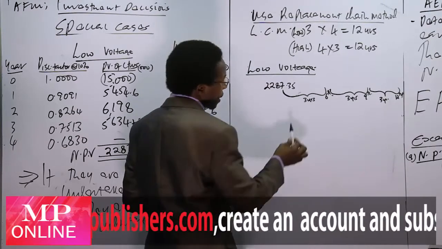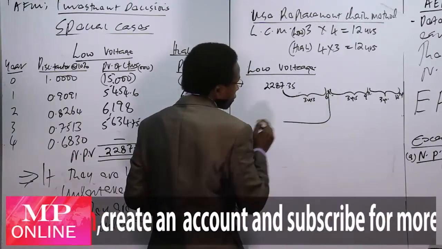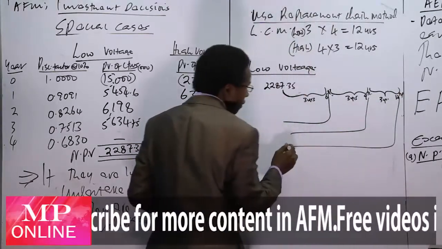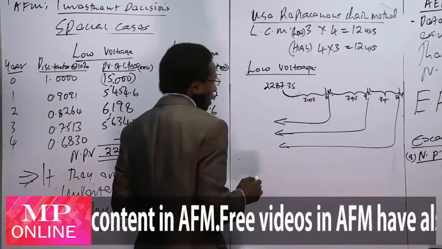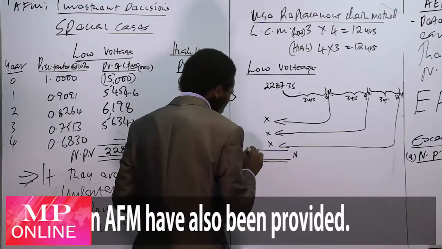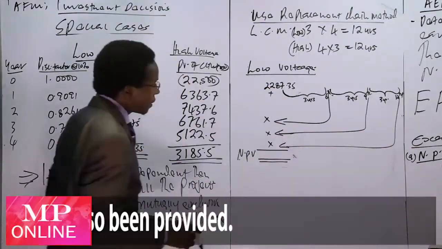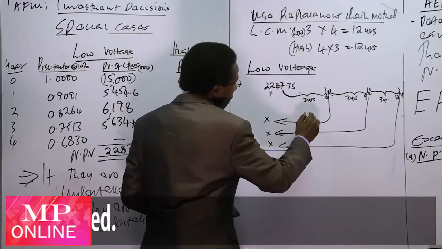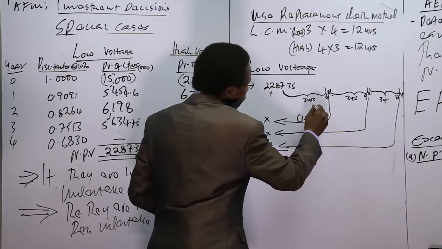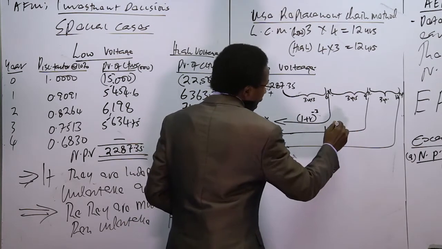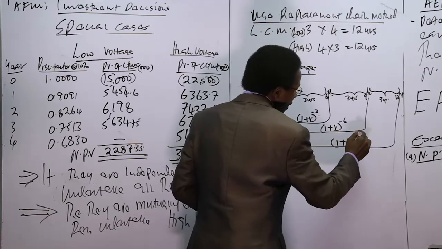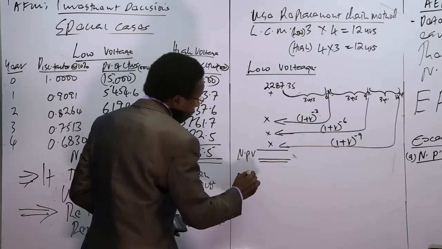So how many 3 years are you adding? We'll want to know this at the end. If we are to compute, we need to get the NPV for these items so that we get the total NPV, plus this one, don't forget that. That means we are going to have 1 plus r raised to n. This is the first 3, then 1 plus r raised to the 6, so we have now added 6. Then 1 plus r raised to 9. That means that our NPV will be